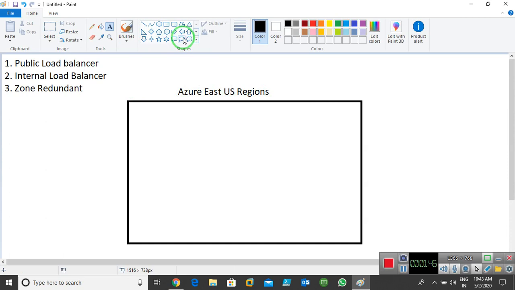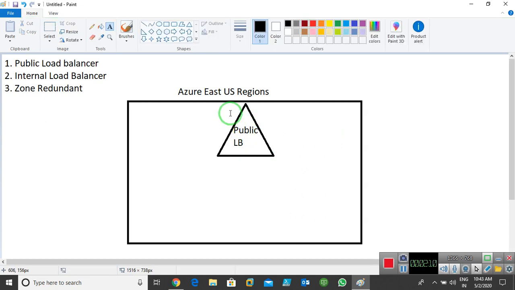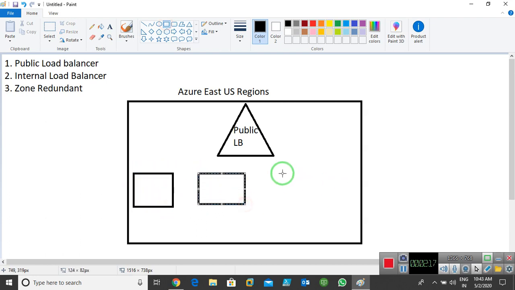So this is my public load balancer, the LB, and in that I have three VMs: 1, 2, and 3.